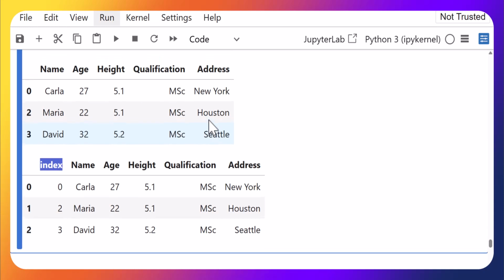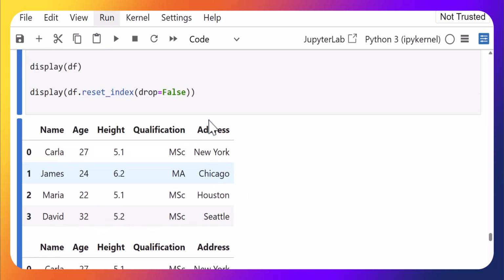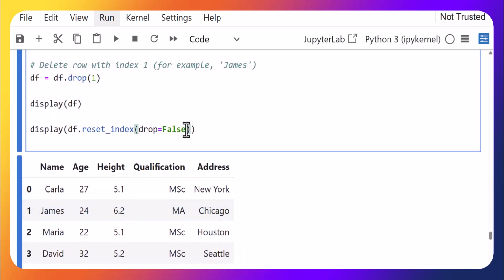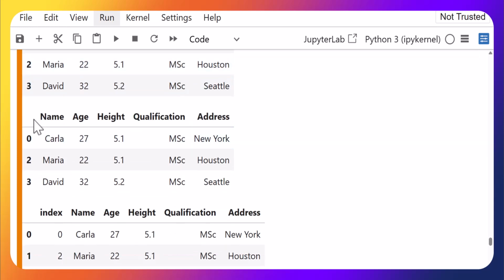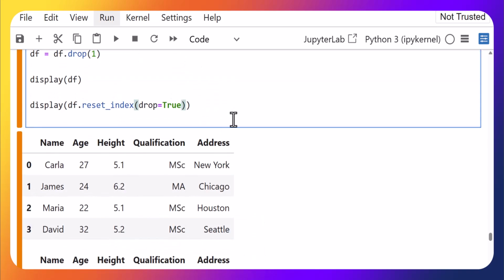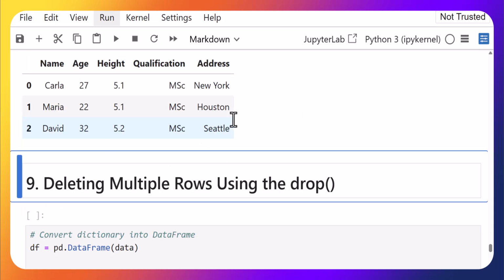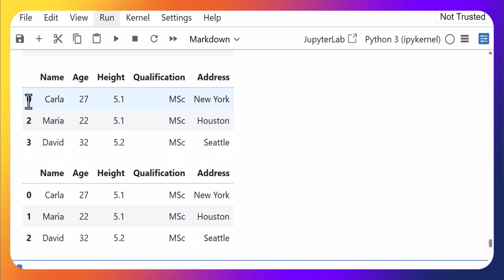Since we do not want this type of column, what we will do here is set drop equal to true, so that the previous index numbers are not incorporated as a new column in the resultant data frame. Now we will execute this updated code, and we will see that the previous indexes are completely overwritten. They are neither set as a new column nor available in the index numbers, and fresh index numbers have